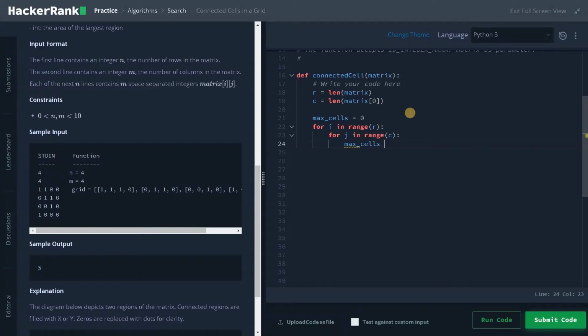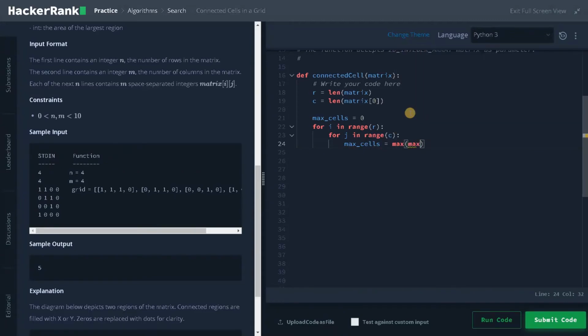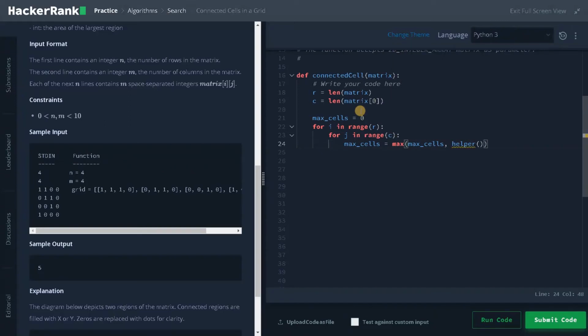So max cells equals max of max cells, comma. I'm going to call a separate function in order to compute these regions. I will call it the helper function, because we are already in a function. Usually we will have some subsidiary functions. We will call that a helper.